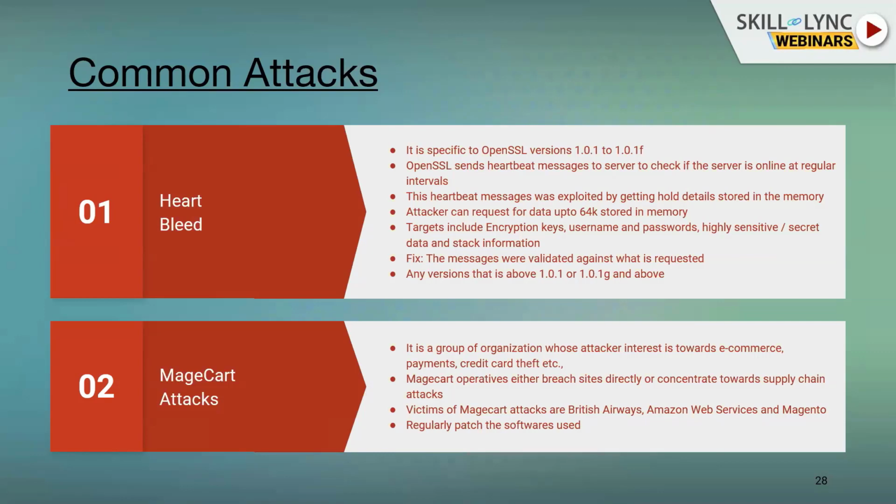So the MageCart attacks targeted those smaller companies which were using the company's platform, and they were trying to get into the bigger organization through those smaller companies. That was a bigger attack, and it's still going on in the market. It's a very big initiative that is driven for MageCart attacks.